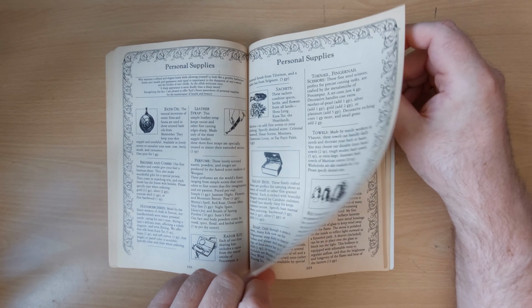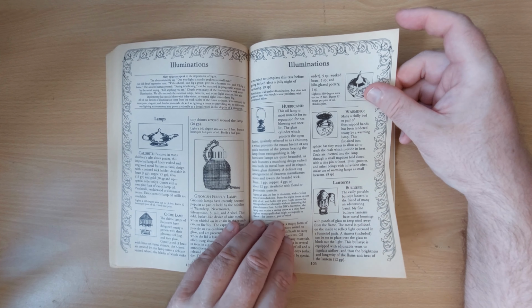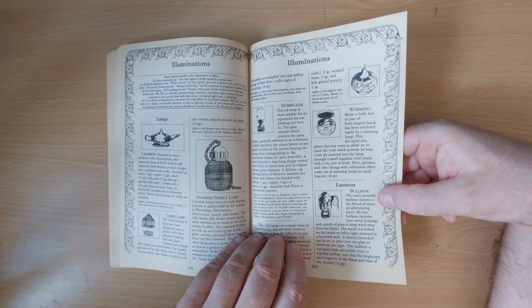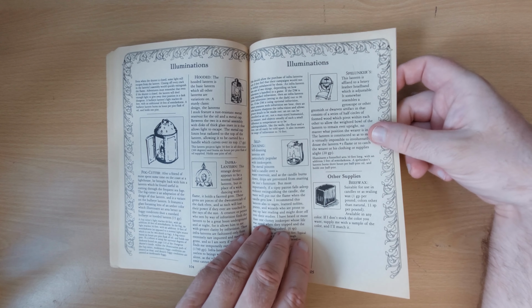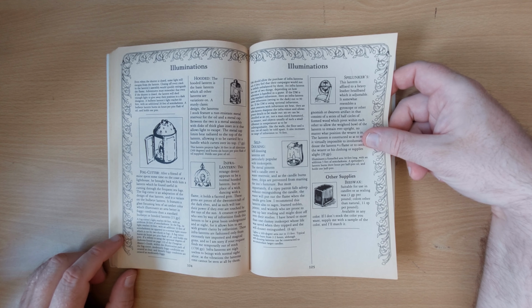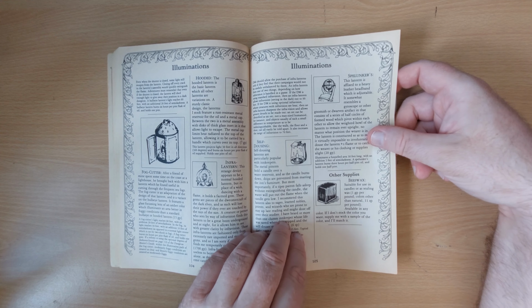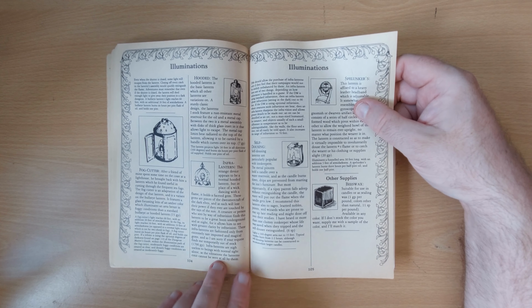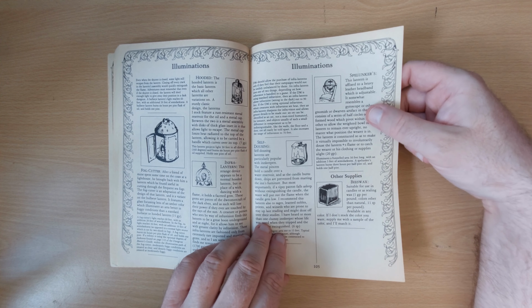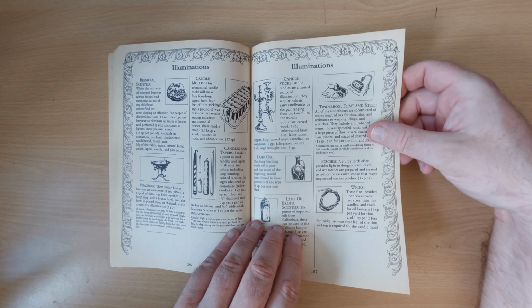Personal supplies of bath oils, leather straps for sharpening your razors, snuff boxes, hurricane lamps, warming lamps for heating up your bed, bullseye lamps, different types of illumination. The infra lantern, which is a special one which emits light which extends infravision. It mentions that it's out of stock unless the DM allows it to be in stock, as it might change a campaign. We've got beeswax, scented beeswax, candle molds,